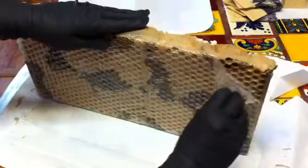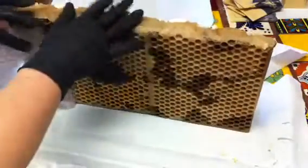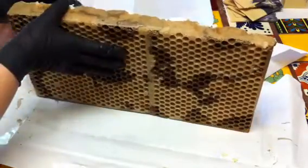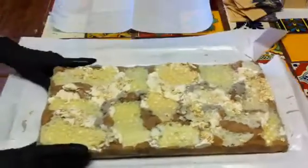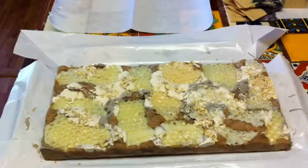So I put bubble wrap on the bottom for extra texture. I oiled it with mineral oil and it seems to work really well to keep it from sticking. And the top has embeds that I made from hot process that are